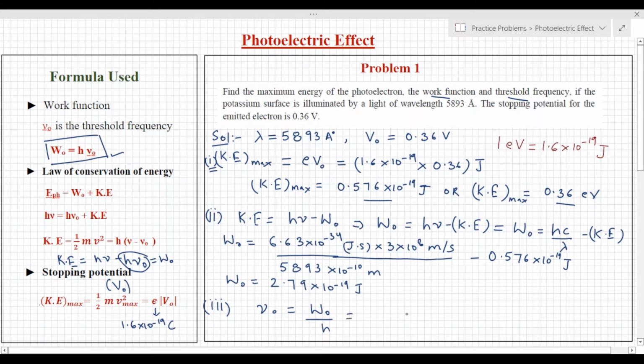We have found the work function, so we'll substitute the value of work function, 2.79 into 10 raised to the power minus 19 joules, and Planck's constant, 6.63 into 10 raised to the power minus 34 joule second. When you solve it, you will get the frequency equal to 0.42 into 10 raised to the power 15 per second,